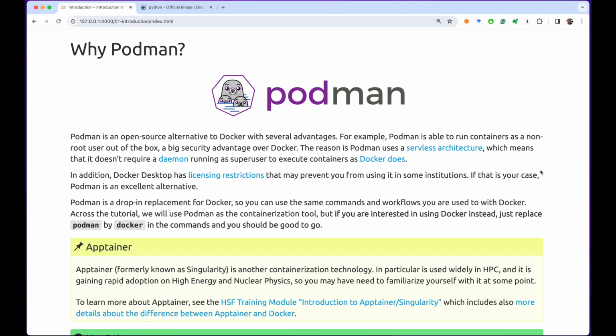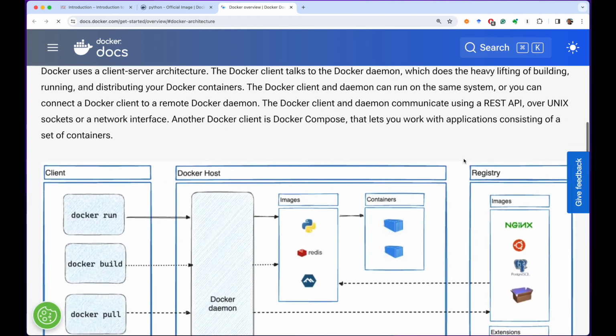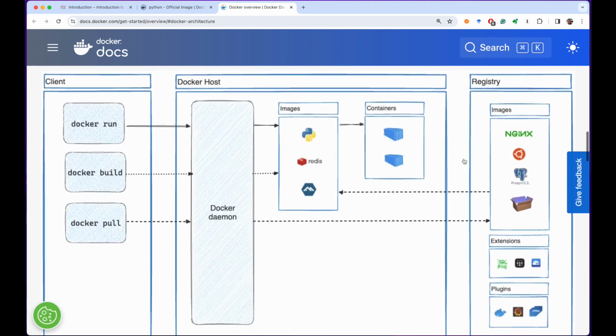This is an alternative for Docker. It's another engine for containers. It has one advantage with respect to Docker. To explain, I need to show you how Docker works. So if you go to this link, we put here the documentation on Docker, and in particular how the Docker